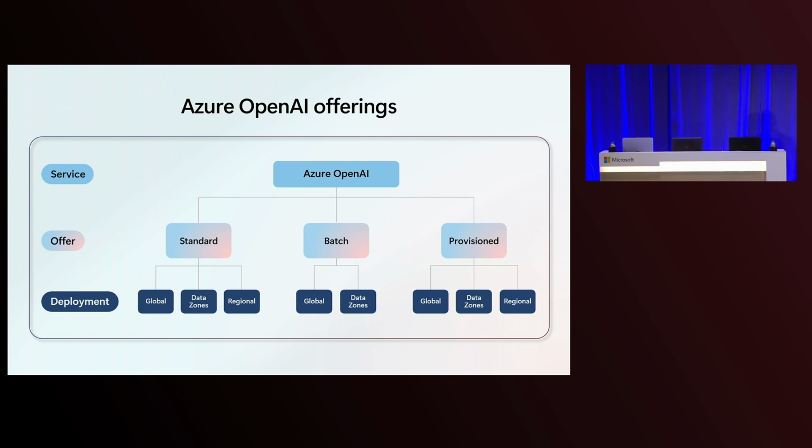And hopefully all of you, at least by the end of this session, will get the sense of how you use all of those capabilities based on the life cycle of your application development. And it's not just about the offers, it's also about the locations that those offers run in. Where do you use your deployments in a global? Where do you want to use data zones? And where do you want to use regional? And why would you make that choice as well? And we're going to unpack all of that.